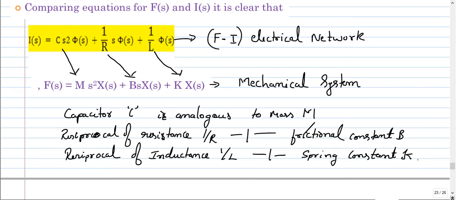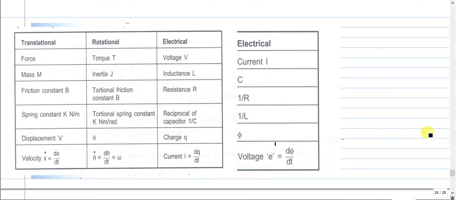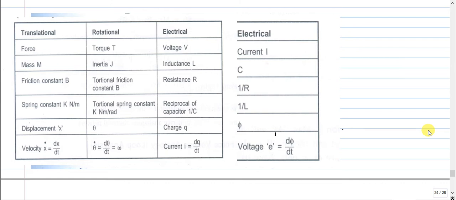Okay, so if I summarize both force voltage and force current, this will be the equation. Force F, in a rotational system it will be torque. In force voltage analogy we will represent it in terms of voltage. In force current analogy we will represent it in terms of I. Mass M will be replaced in rotational. These two are the mechanical system, and these two are the electrical system.